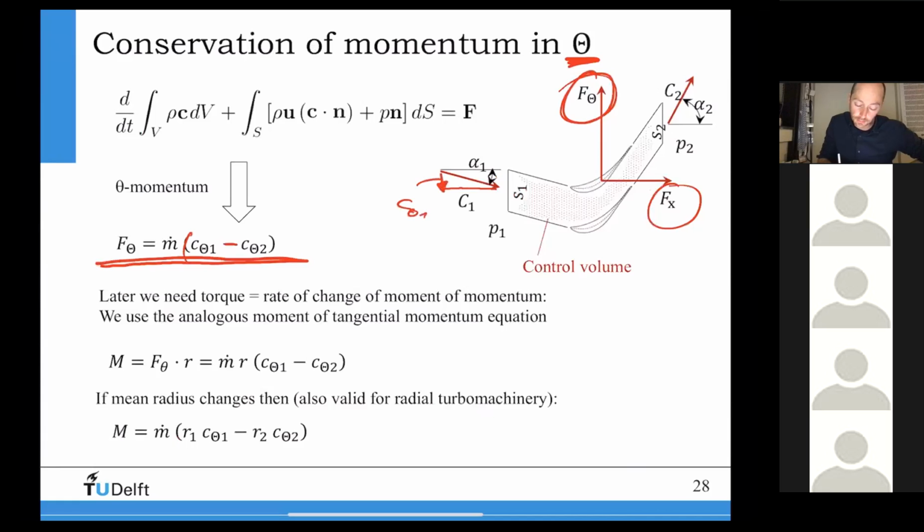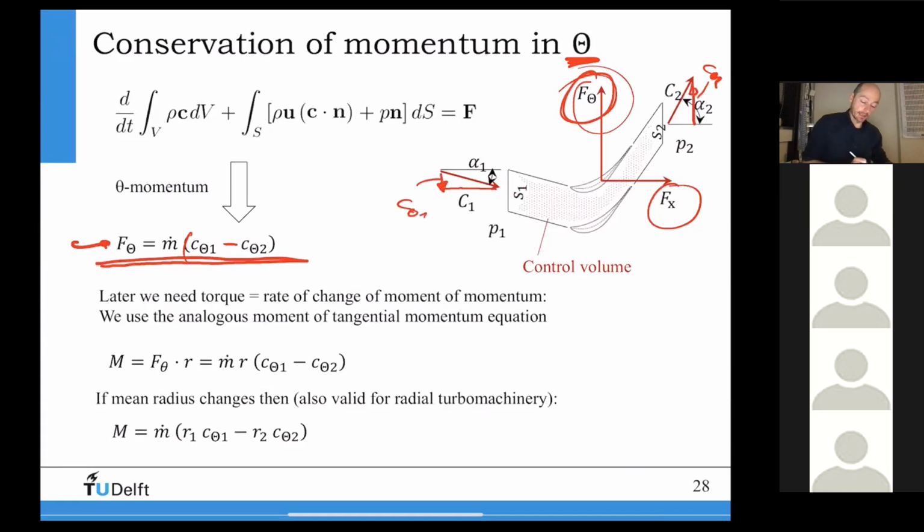C theta 1, and this guy is C theta 2. The difference in tangential velocities multiplied with the mass flow gives you the tangential force, of course, because you're turning the flow, right? To turn the flow, you need to apply a force. And that is the equation that we're also going to use to derive the Euler equation, and I'm going to do it a bit quicker now in this case,